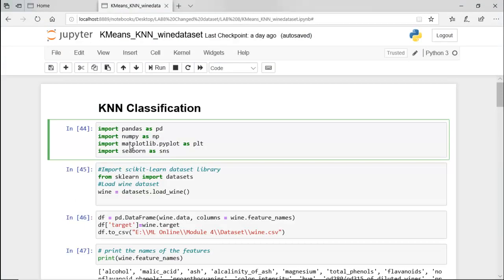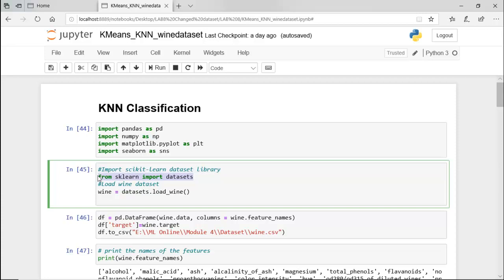So today I have shown this KNN classification using the Wine dataset, which is part of sklearn itself. So all the libraries: pandas for data operations, NumPy for numerical operations, and for visualization, pyplot and seaborn are what we have imported. Now I'm going to use a default dataset that is part of sklearn itself. In order to use it, you just have to import like this: from sklearn import datasets.